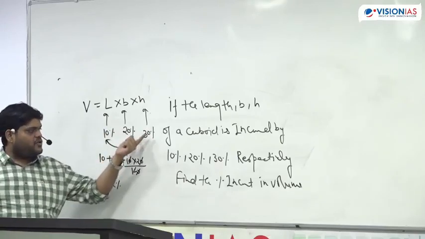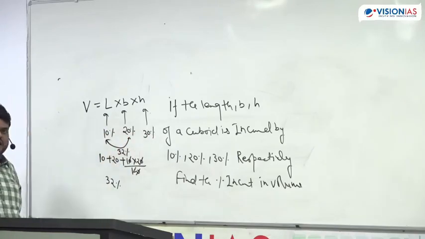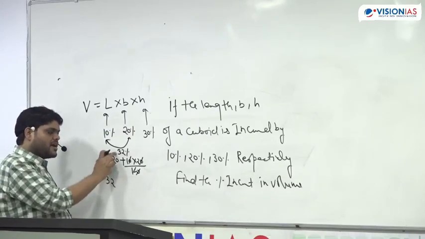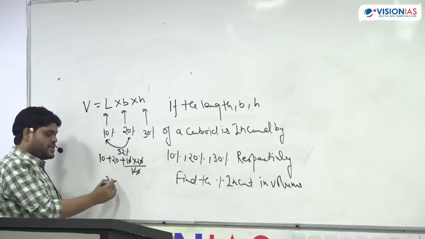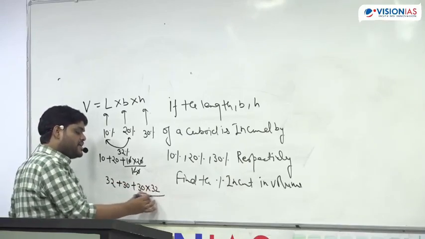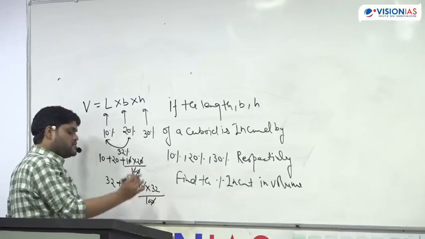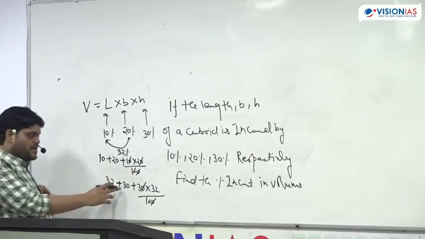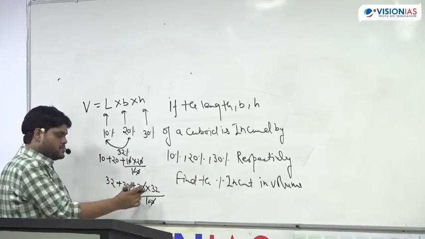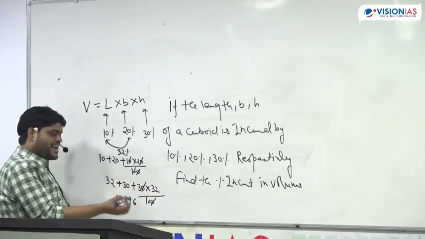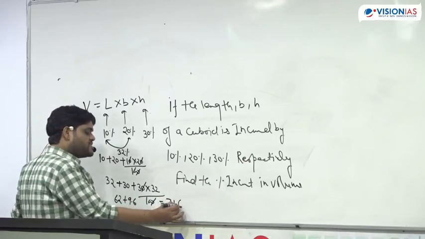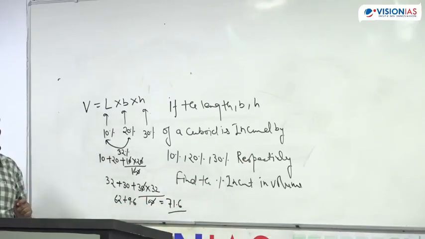So now if I apply the AB formula between 32 and 30, this becomes 32 plus 30 plus 30 into 32 upon 100. This becomes 62 plus 9.6, and if I add both, it will come as 71.6. That means the total increment is